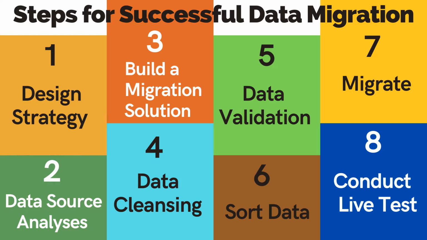Step 6 is to sort data. Once you have profiled the data into a high quality and usable format, the next step is to categorize it according to the migration requirements. It makes it easier to route data into the right buckets. For example, in banking, data can be organized based upon the customer types, product type, portfolio types, account types, and any other criteria.